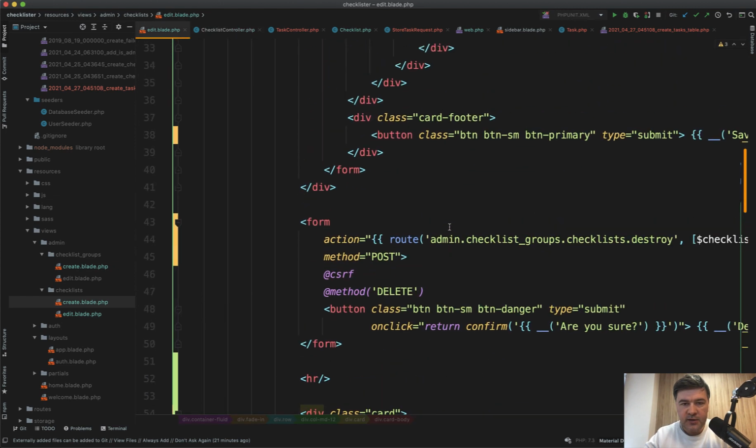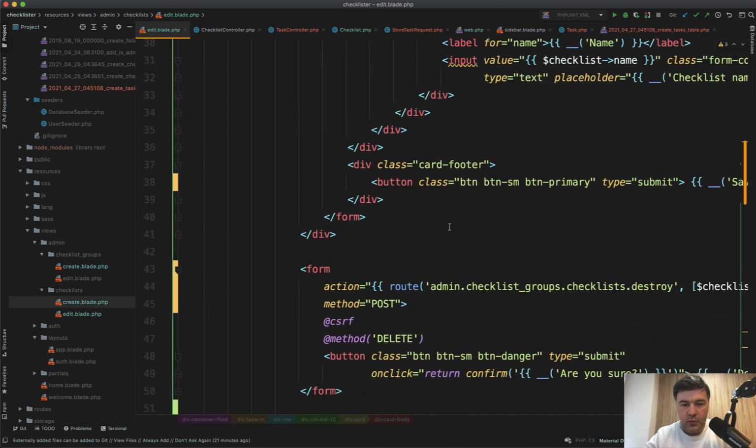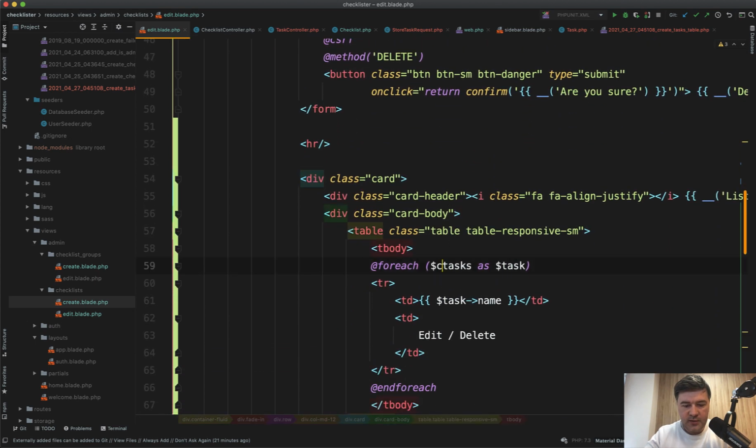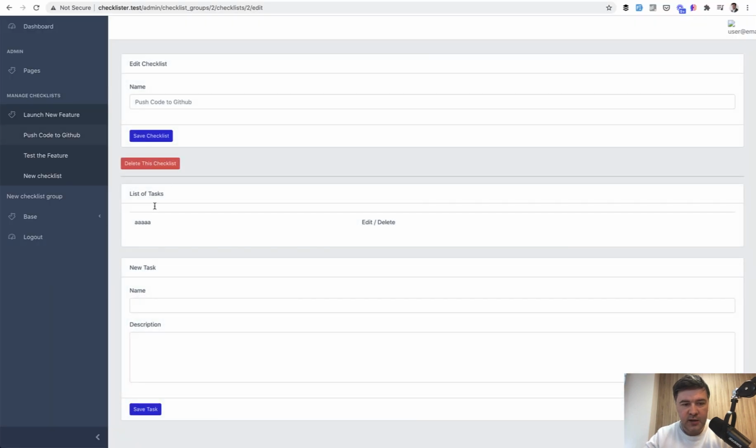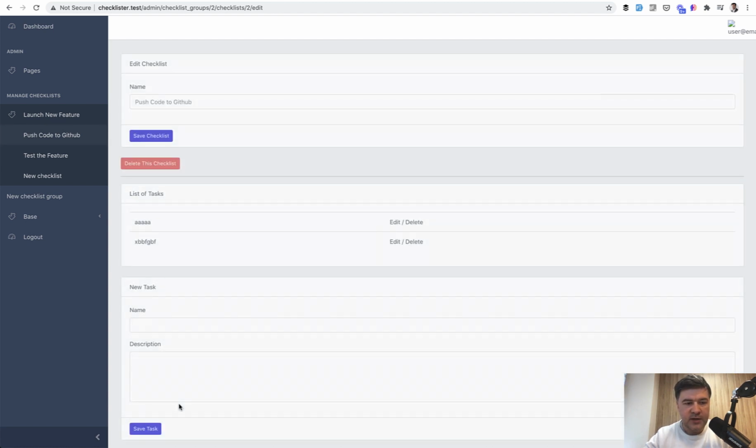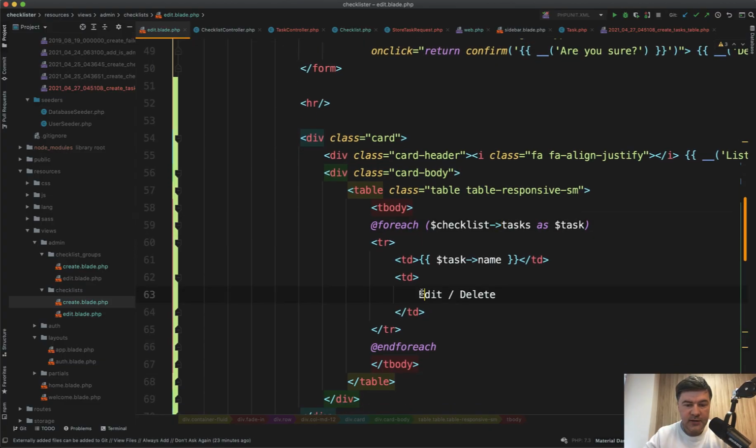In the edit, instead of just tasks, we would do checklist tasks like this. Checklist tasks. Let's see if it appears, the task. Edit, and it appears our task of AAA. And if we add another one, we save the task and it appears in the table. Great. Now we need to take care of edit and delete buttons, and first let's tackle the delete thing because